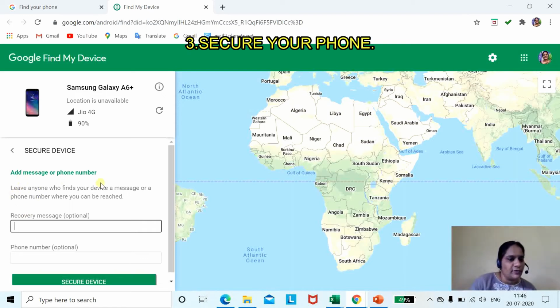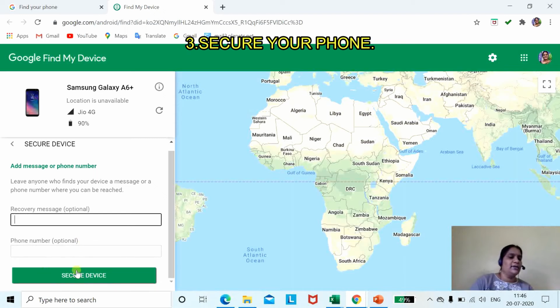Add a message and phone number, and leave a message for whoever finds your device. You can give an alternate number, like your brother's number, sister's number, or husband's number.